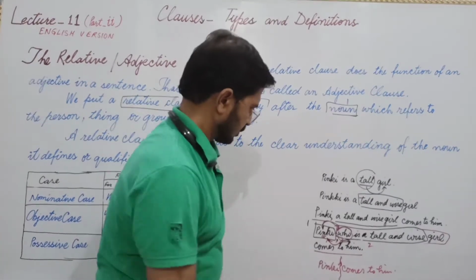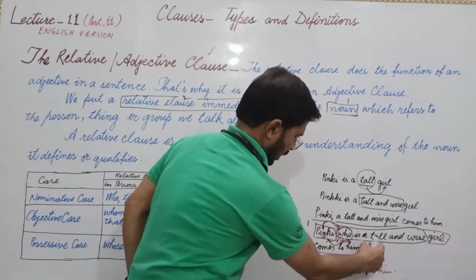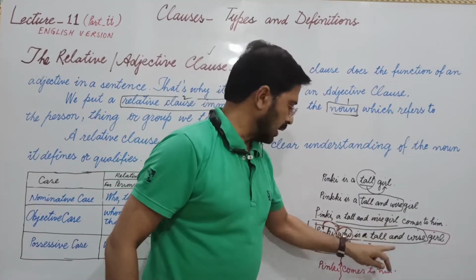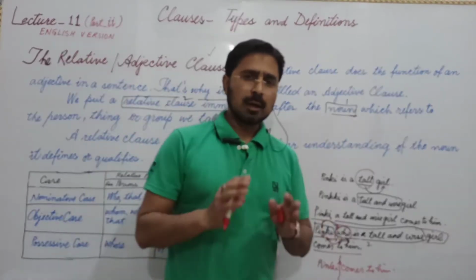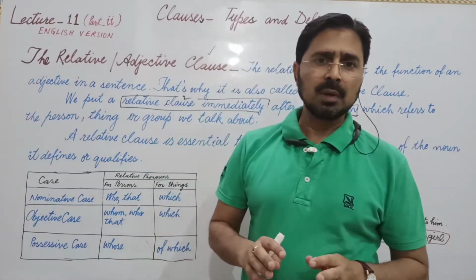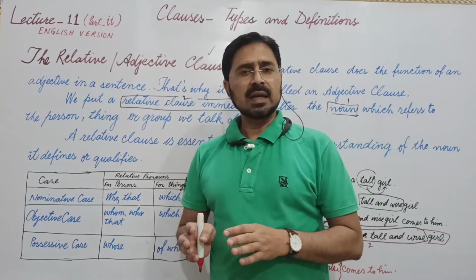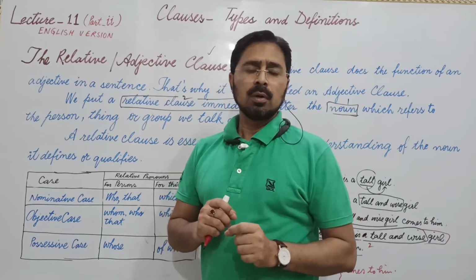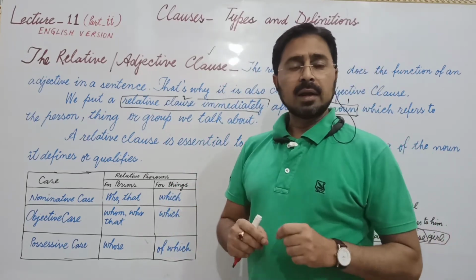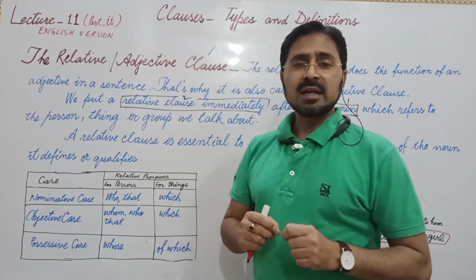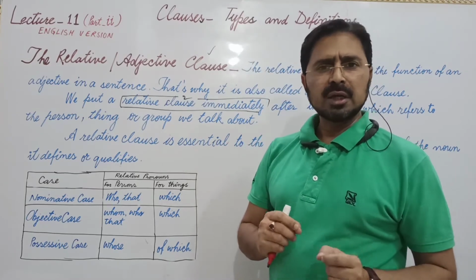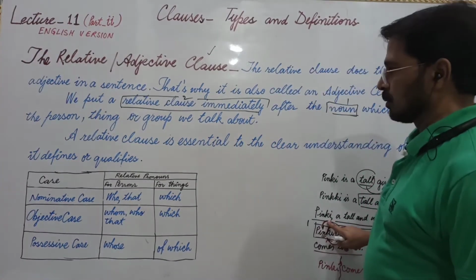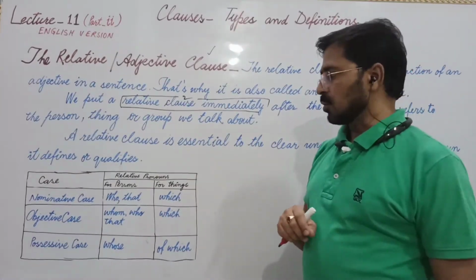Now come back. This is the noun. It says something and it makes its meaning clear. In this way, we can say that a group of words which has its own subject and predicate, is a part of a sentence and acts like an adjective, and it begins with a relative pronoun or relative adverb. And this relative pronoun and relative adverb is put just after the noun it qualifies, just like Pinky here. That is called an adjective clause.